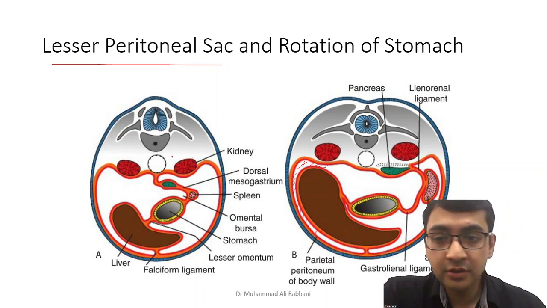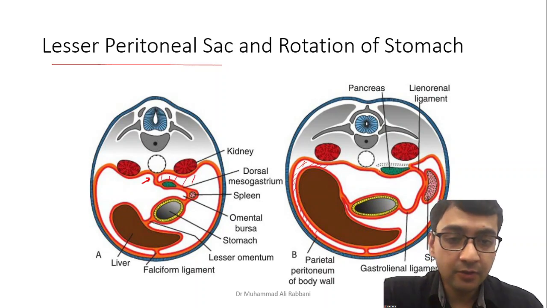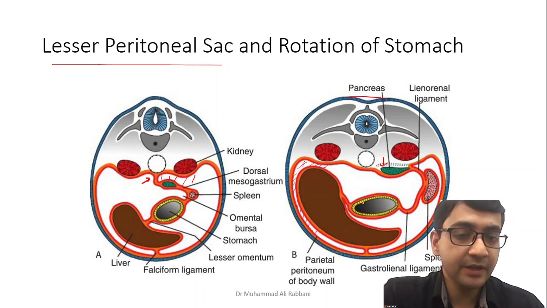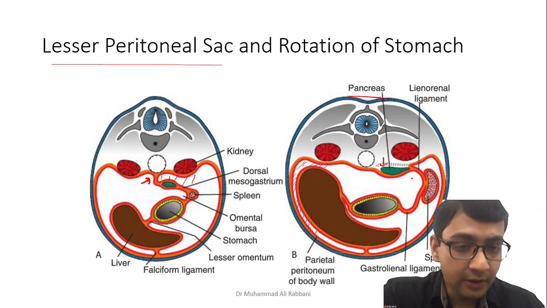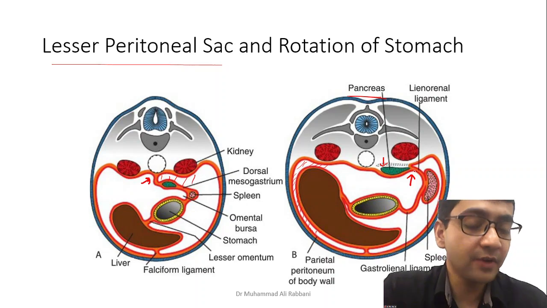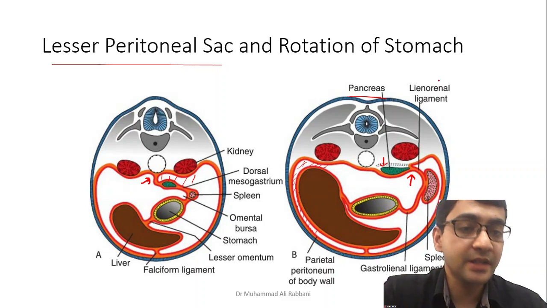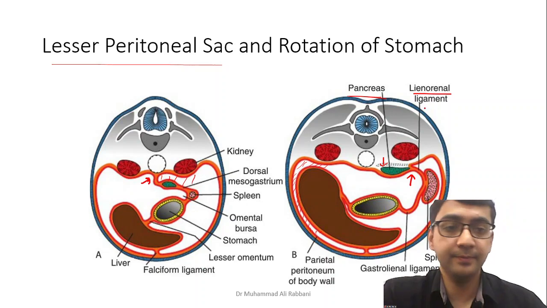Here you see that actually the mesentery was attaching in the midline, but due to this rotation, this wall fused with the posterior. When this wall fused with the posterior, you can see here now the pancreas became secondarily retroperitoneal, and the origin of the mesentery that seemed to be towards the midline, now it has shifted towards the left, in front of the kidney. When it shifted towards the left in front of the kidney, now this ligament seems to be between spleen and kidney. Now it changes its name to lienorenal ligament or splenorenal ligament.